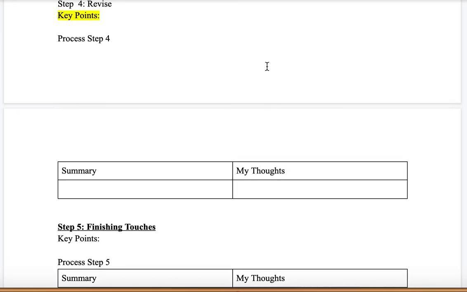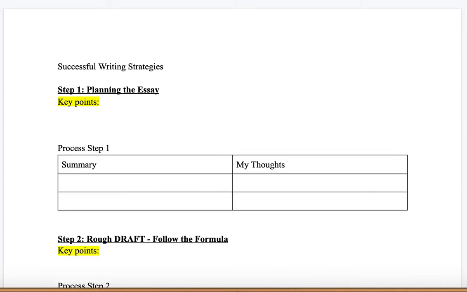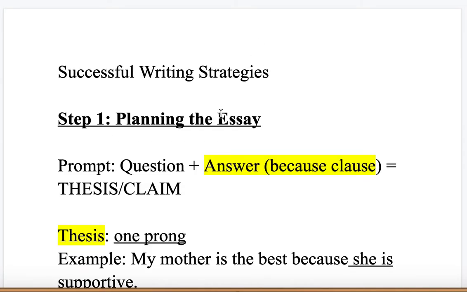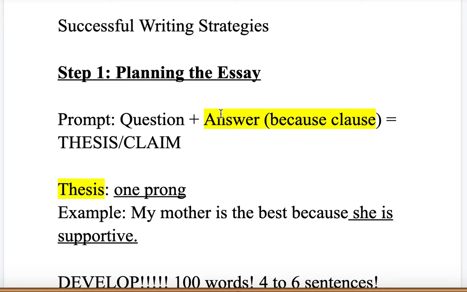Okay, so let's go ahead and begin. You should have your notes ready to go. Successful writing strategies, planning the essay. The very first step in writing a paper is to plan it. Do not sit and start drafting. Plan your paper. To do that, look at the prompt, turn it into a question, insert your answer with a